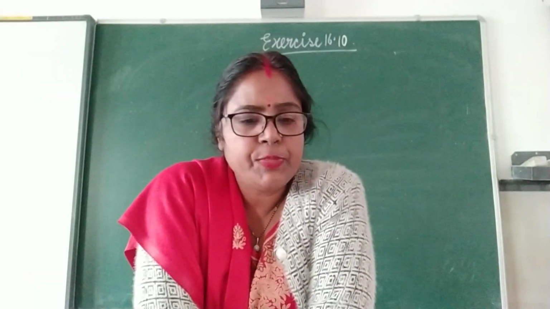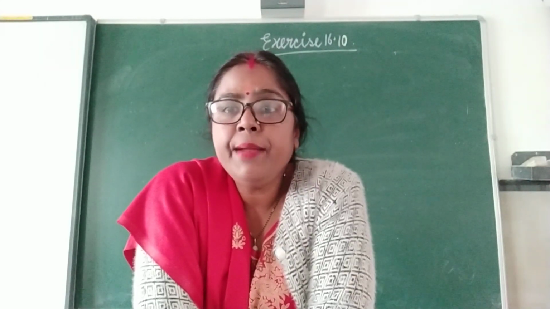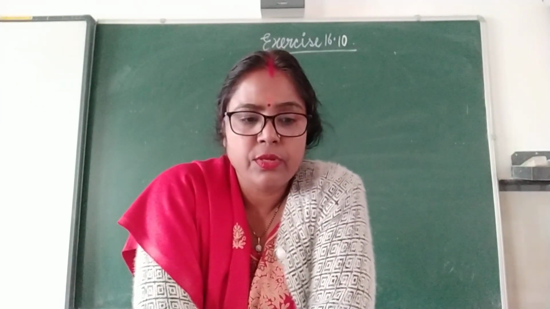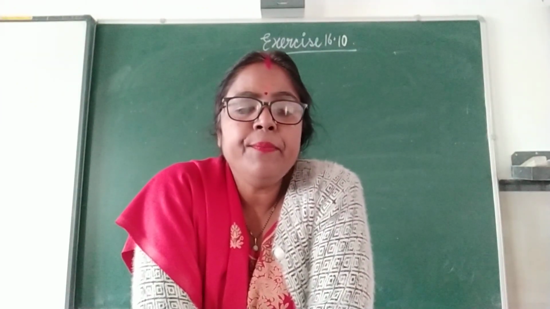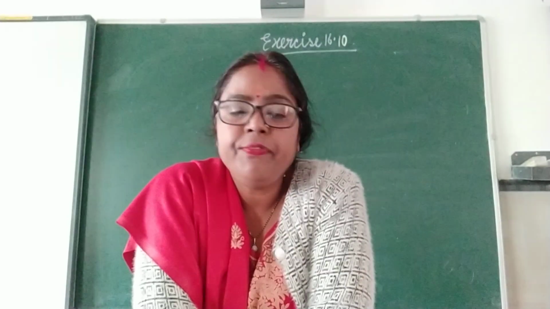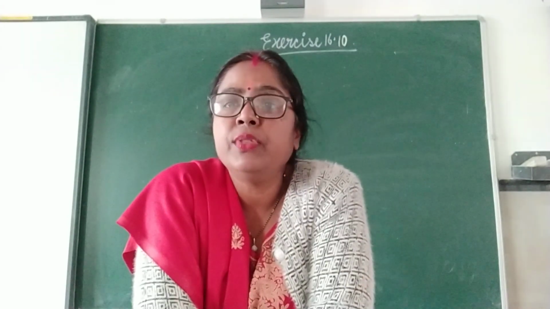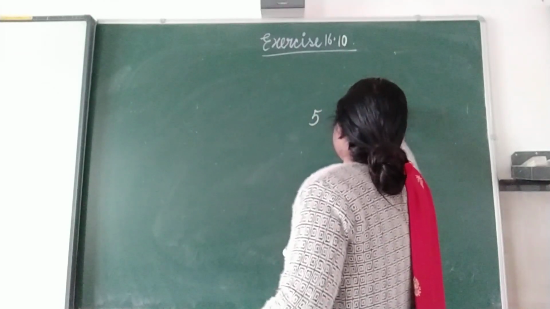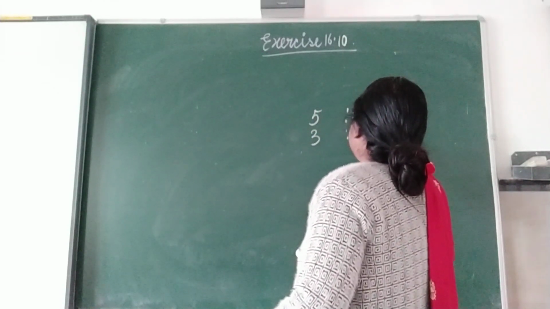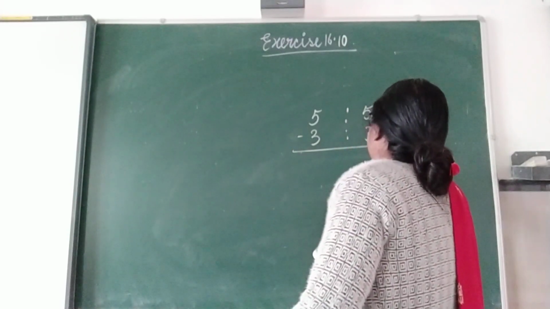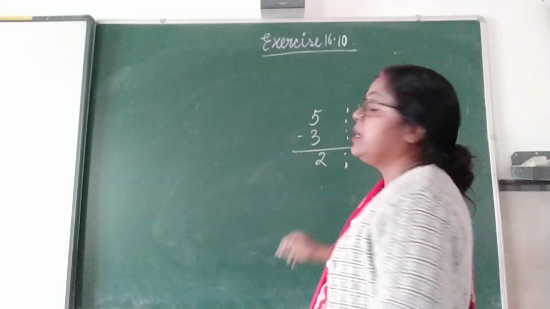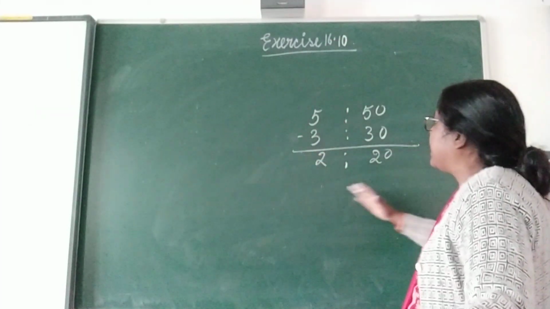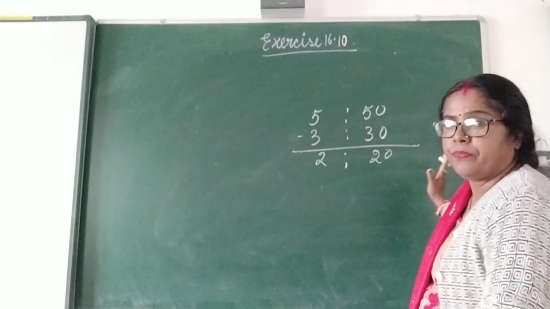2 AM to 6 PM. So from 2 AM to 6 AM, we simply subtract 6 minus 2, we get 4 hours. Okay. 3:30 PM to 5:50 PM. 5:50 minus 3:30, simply we subtract and it will be 20 minutes and 2 hours. So 2 hours 20 minutes. We don't have to do any sort of calculation. These all are mental work.